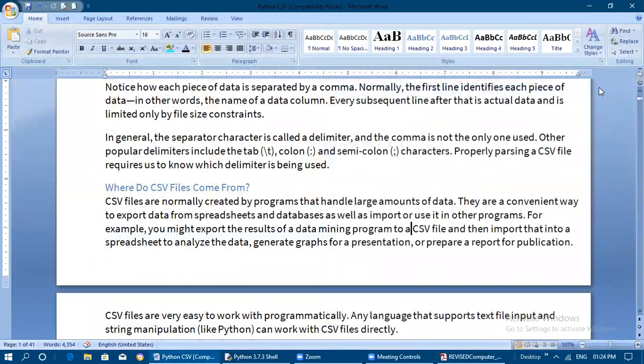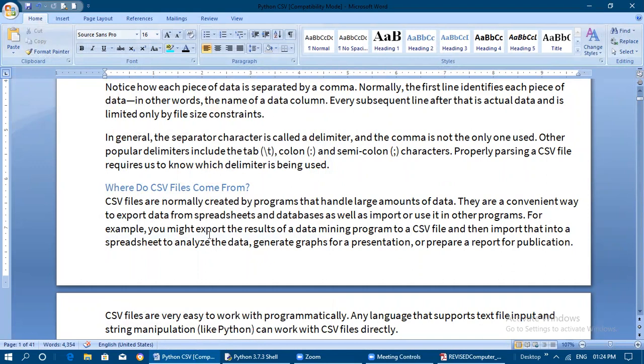If you are creating a CSV file, we can easily export to a database or any spreadsheet application. Also we can open it in spreadsheet software or in database software, so we can use it in other programs. That is the advantage of the CSV file, so that we can store a large amount of data. The only thing is we need to assign the values correctly under every column, separated by commas. That is the thing we need to follow correctly here.